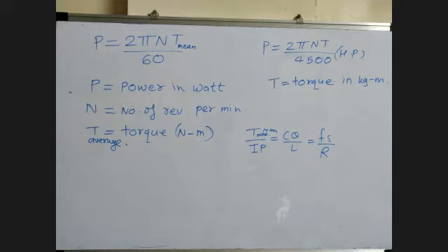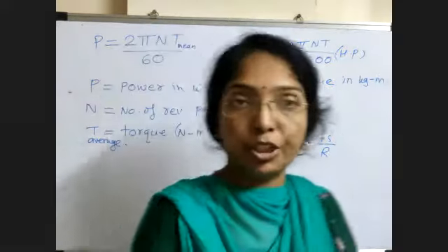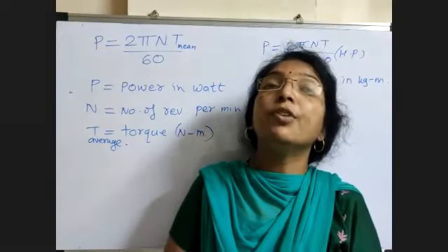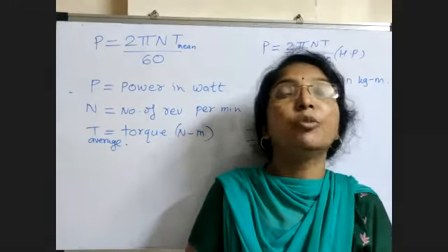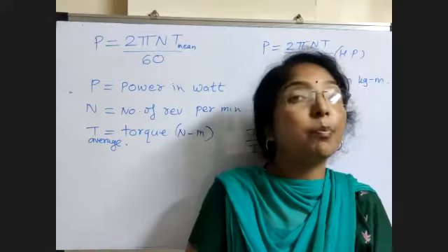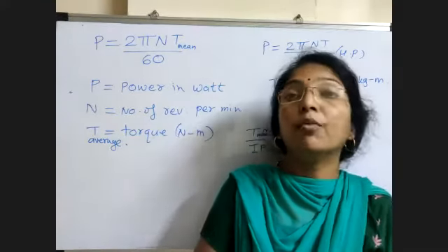First, what are the different questions asked in the exam? First is the definition of torsion. What is the unit of torque or the twisting moment? Then what are the different assumptions in torsion? Then what is your torsional equation? Write the meanings of the symbols used. Then what is your polar modulus of section? Then what is the modified formula of torque?